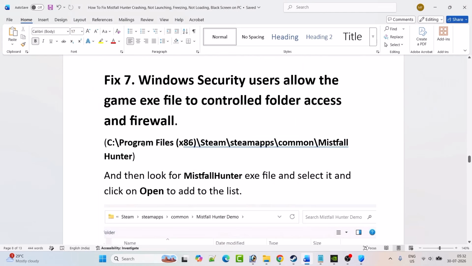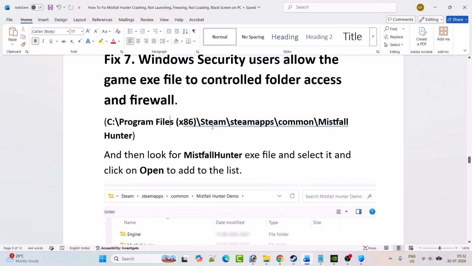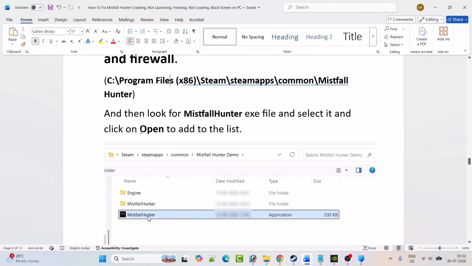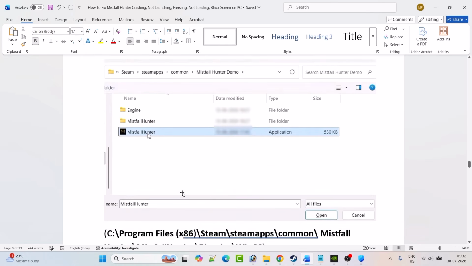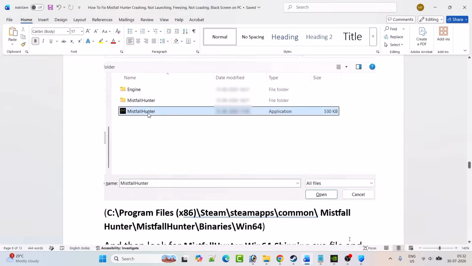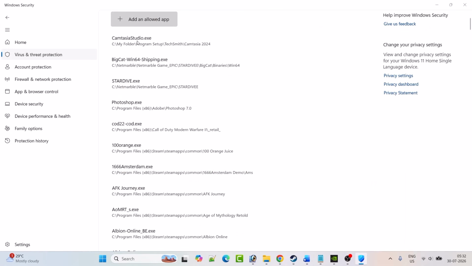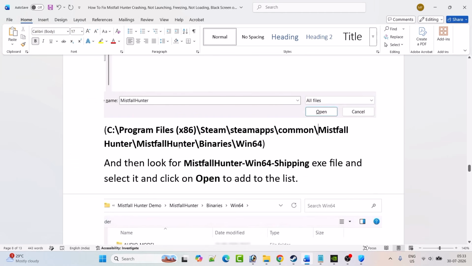installation folder. So you have to browse to C drive, Program Files x86, Steam, steamapps, common, open the Mistfall Hunter game folder, select the Mistfall Hunter exe file and then click on open to add it to the list. Again click on add an allowed app, browse all apps, and this time open the Mistfall Hunter game